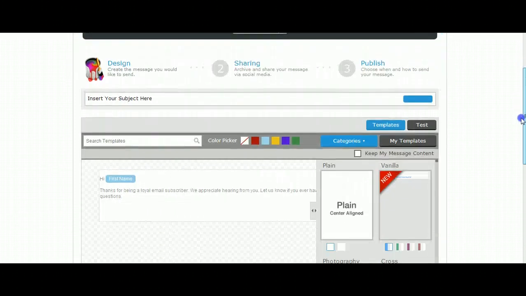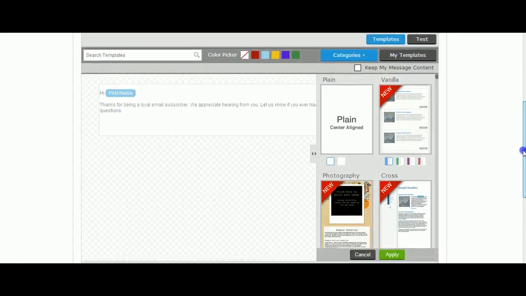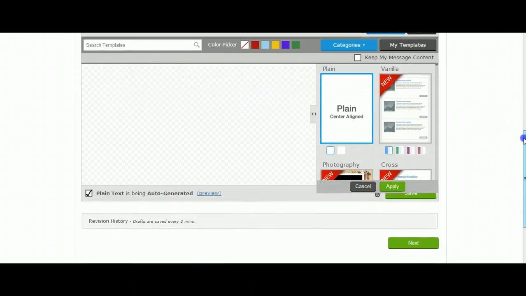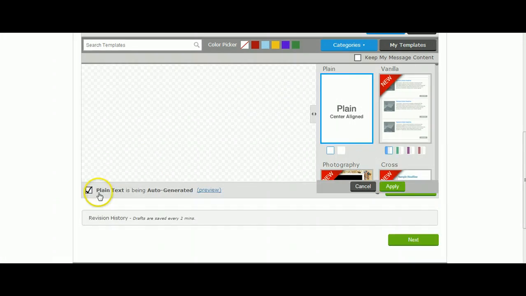let's see, when it gets done loading, now I use the plain one here because that way I don't have all this stuff interfering. I've spent some time playing with the templates, but it just frustrates me, so I'll deal with the pretty-up later. But anyway, I use the plain one in the HTML